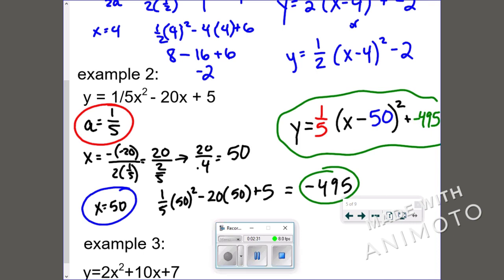Y equals A, which is 1/5, directly taken from our standard form equation. Once we do opposite b over 2a, we end up with the h value. The x coordinate of our vertex is 50. Plug that in. 50 squared times 1/5 minus 20 times 50 plus 5 is negative 495. So your vertex form equation is y equals 1/5 times x minus 50 squared minus 495, or plus a negative 495. And again, on your quiz, you have a problem just like that to do as well